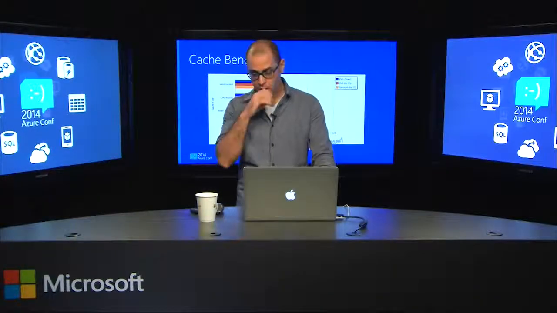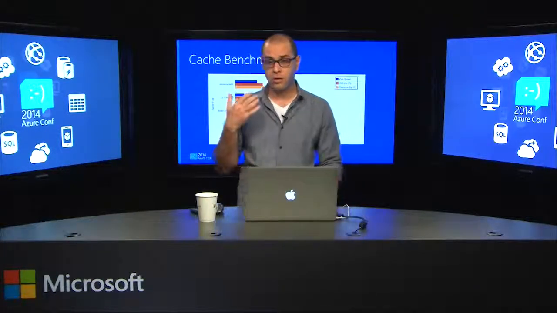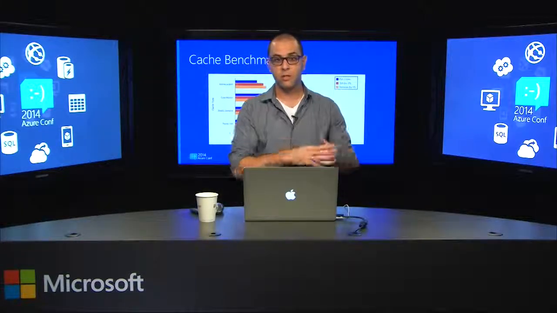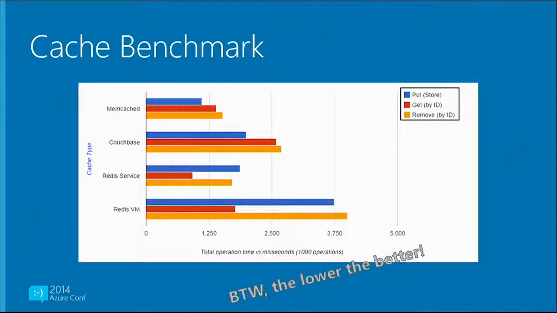So I guess one of the things that you want to know about all these different caching solutions is how well they perform. So first of all, they perform very well once they are in Azure and not connecting on-prem to the cloud. Preferably, they should all be in the same data center to perform the best. Of course, there are differences between the solutions. For example, Redis service is very well known for its high-speed get commands. Okay, for put and for delete, it's a bit less performing, but for get commands, which is mostly what we do in cache, it is